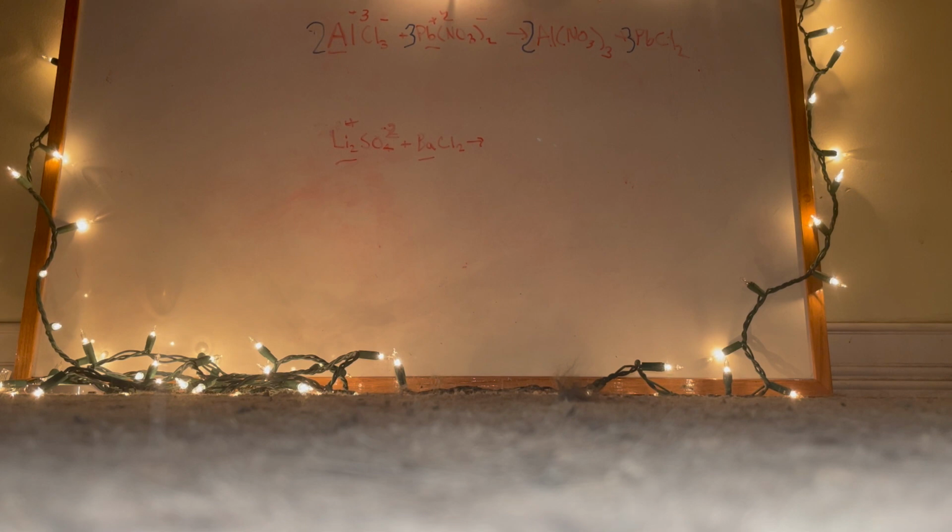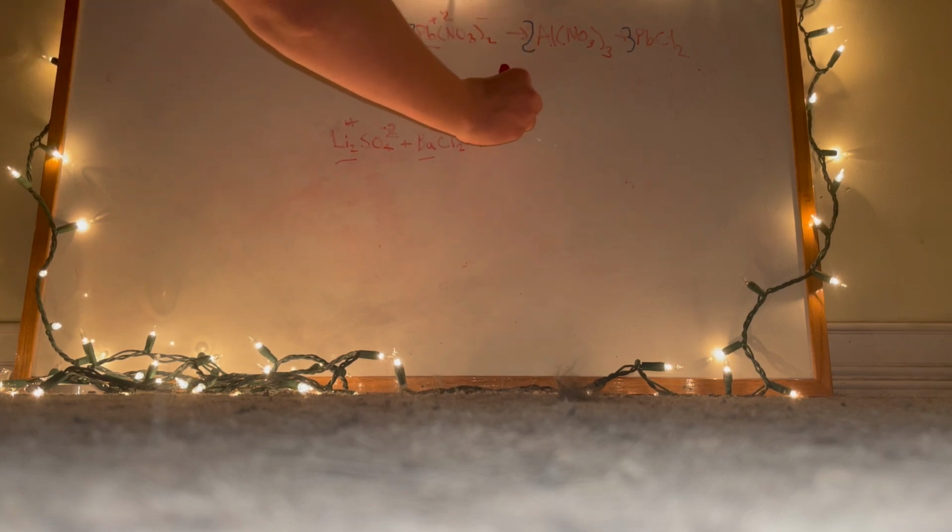And then on this side, we can see that Ba doesn't have any other, or there's only one Ba. So we can assume that chlorine has a charge of just negative, and barium has a charge of +2. Because we know this is a double displacement reaction, we can just start by switching this to